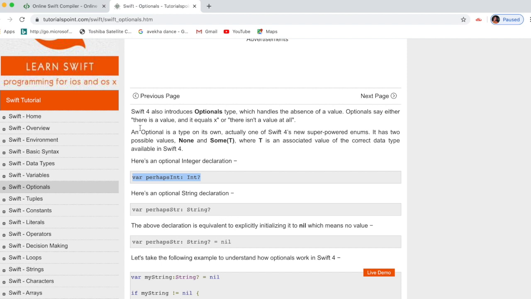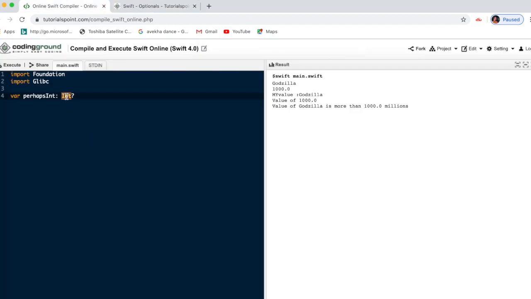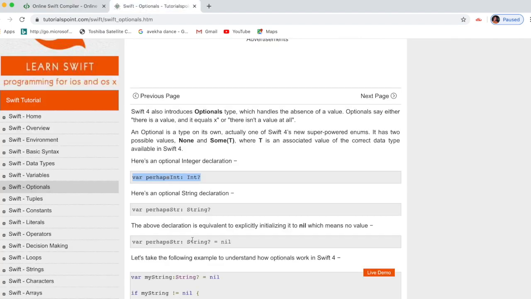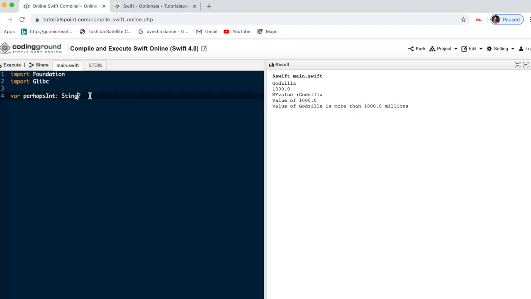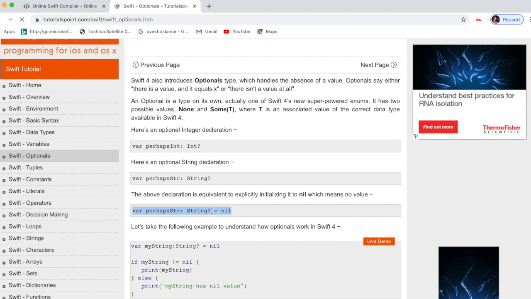In such a way we can declare string or double, anything we need. If I declare as string, it is equivalent to nil. If I give the data type as int, it is equivalent to 0. Either it has some value, or it does not have one. That is the meaning.